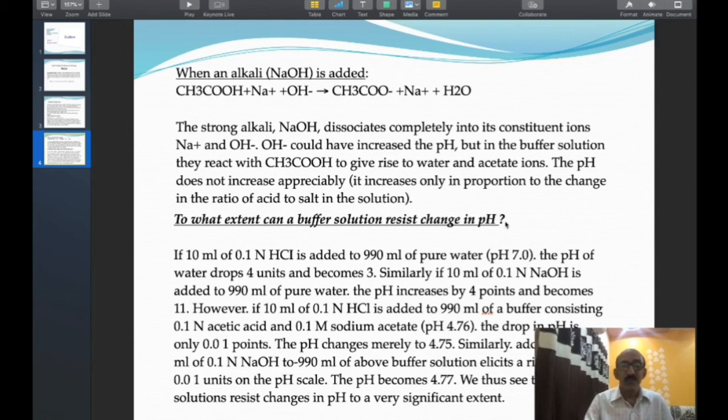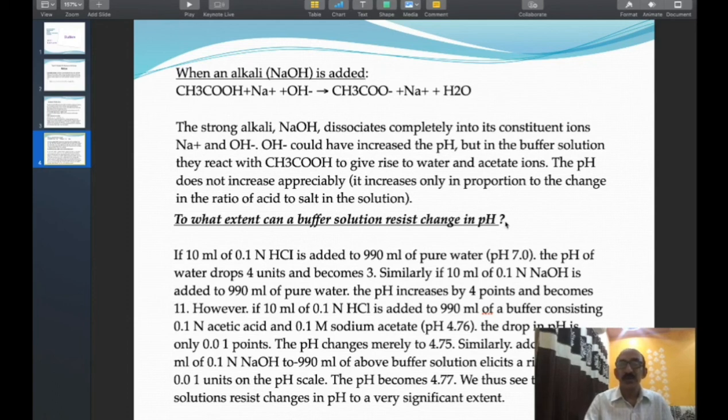We thus see that the buffer solution reduces the change in pH to a very significant extent. This is called buffer capacity. Therefore, a buffer is a solution which reduces the change in pH after addition of alkali or acid, and this is the function of buffer solution in our body. Buffers are used in the biochemistry laboratory to maintain the pH at a constant value. In our body also, the pH of blood and the pH of cytoplasm remain constant because there are large volumes of buffer solution in our body. There are different types of buffer ions in our body which reduce the change in pH.